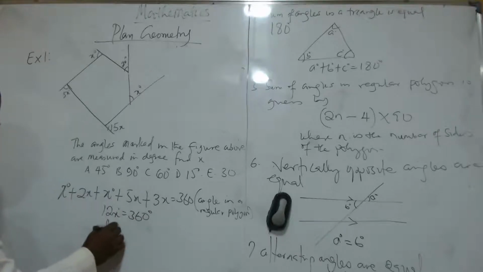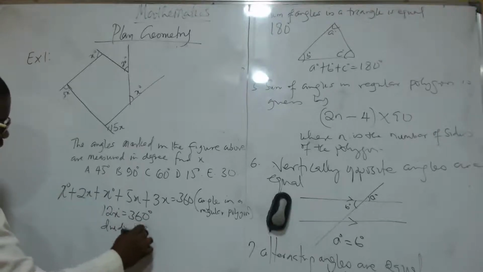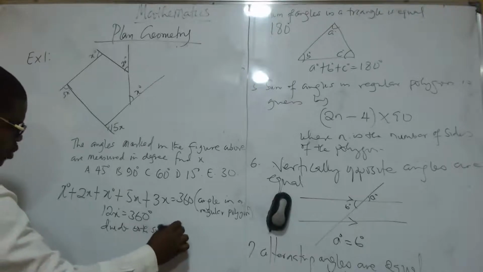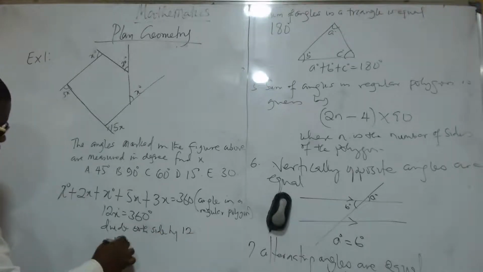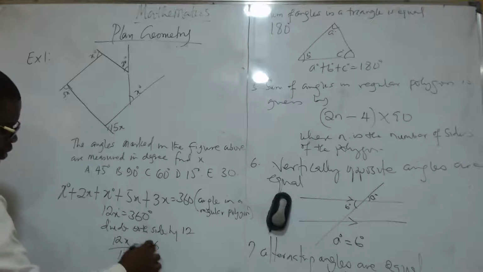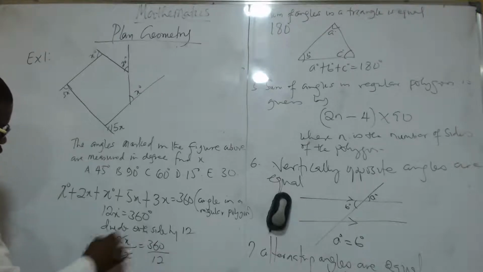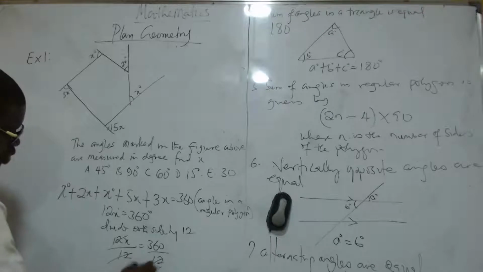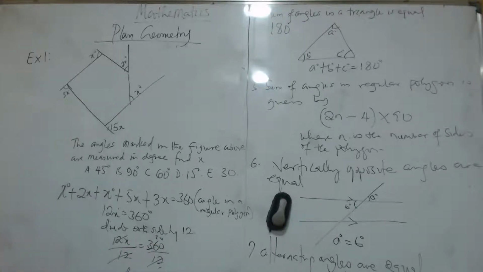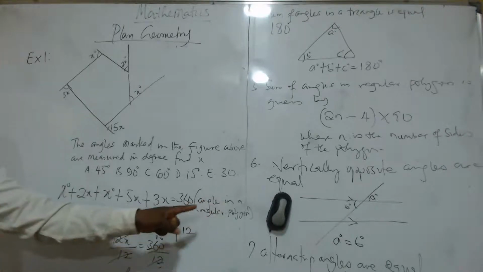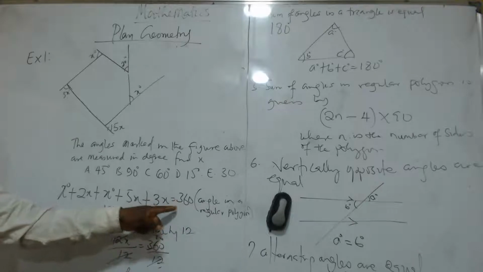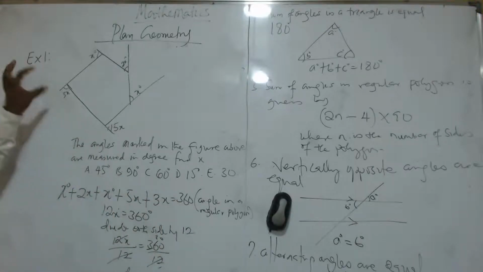So now divide both sides by 12. 12x divided by 12, 360 divided by 12. 12 here 1, 12 here 3, 0, 30 degrees. So the value of x is 30 degrees. Note, we said angle in a regular polygon is 360. Then in this case now, the external